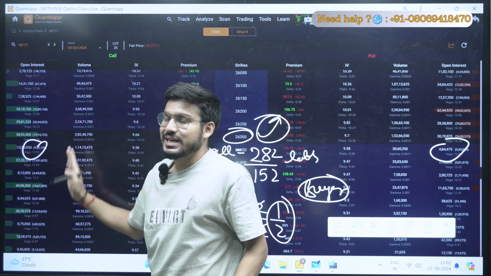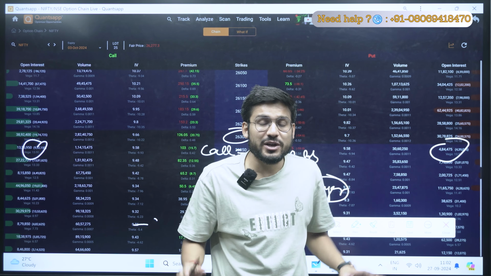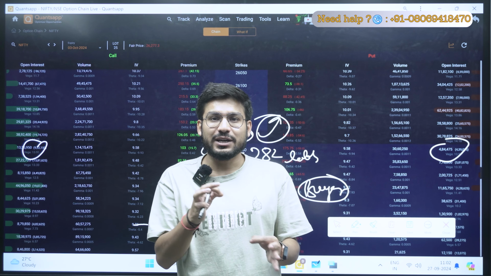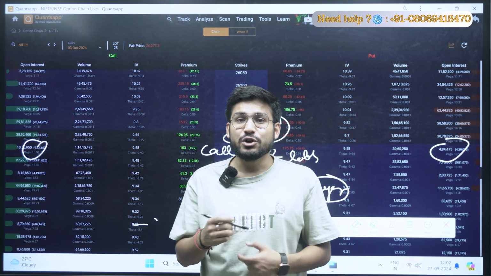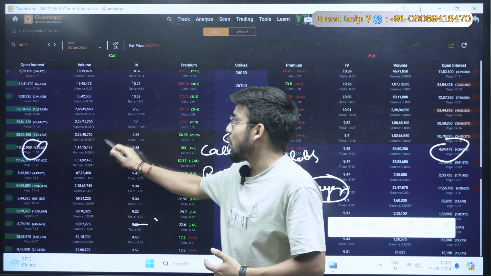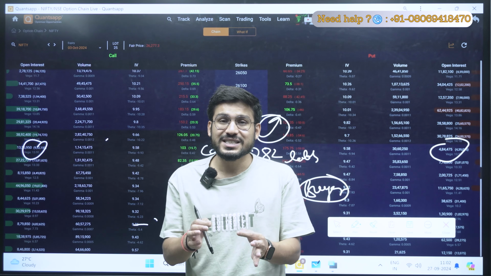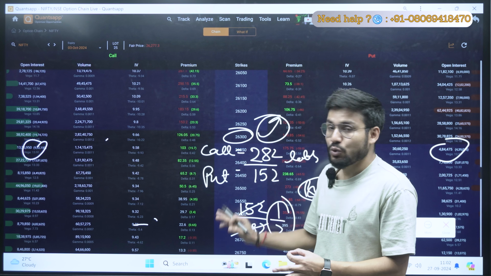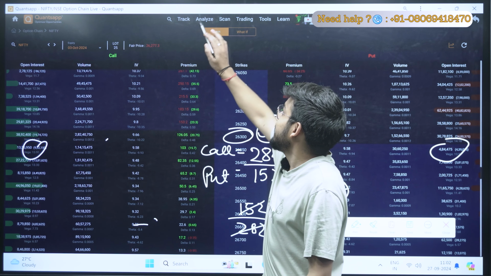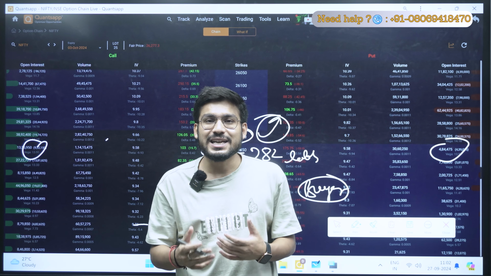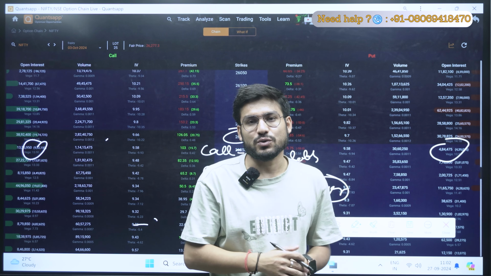ठीक है, अगर कभी भी you are seeing that open interest में आप confuse हो रहे हो, दोनों साइड पे you are seeing good open interest, you are confused कि at which direction the market will move, then you can always take the help of this volume, you can analyze the volume PCR। I have shown you the volume PCR in option chain, how you can calculate it। at the same time in the analyze section we have a separate column for volume PCR, so you can analyze the volume from that segment also, right?